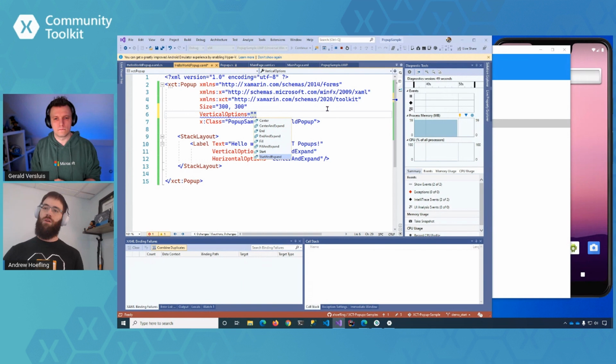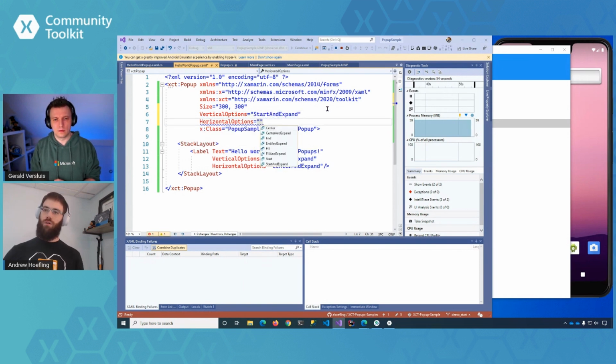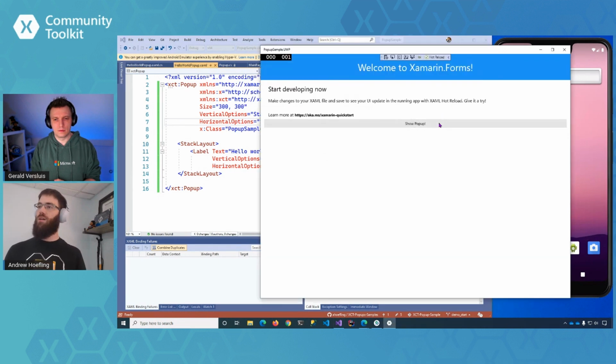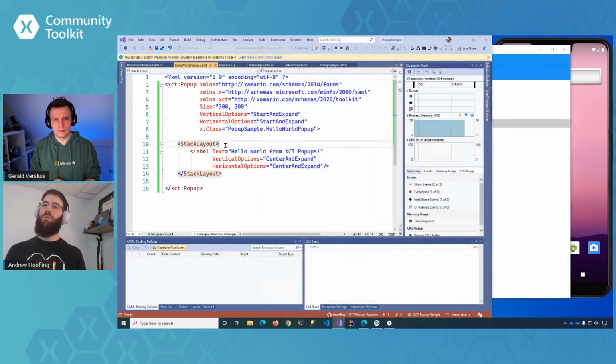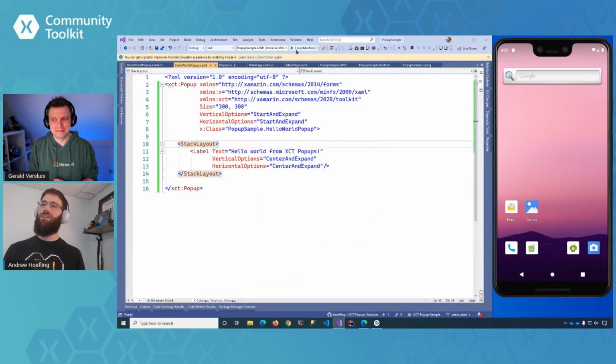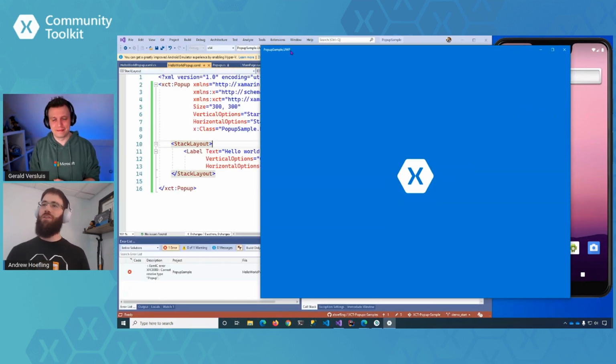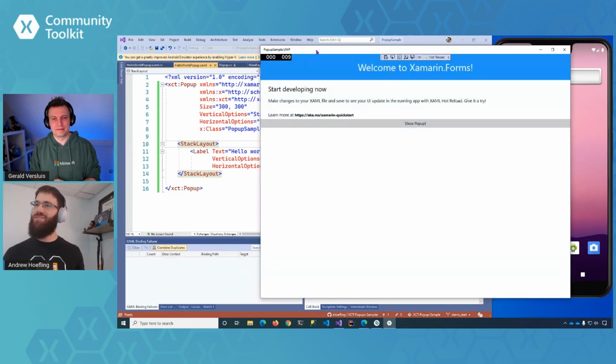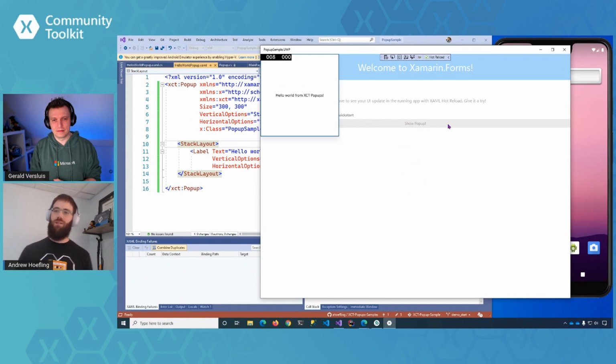So let's say we want to go to the top of the page, and we also want to go to the top left of the page. So we can specify our vertical options, start and expand for both. We'll save that. Okay, this is one of those points where I'm going to need to restart. So Hot Reload works with a couple dragons. All right, so we'll hit show pop-up again, and now it's up at the top left.